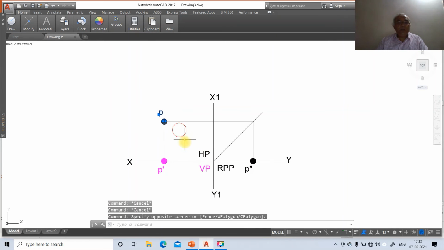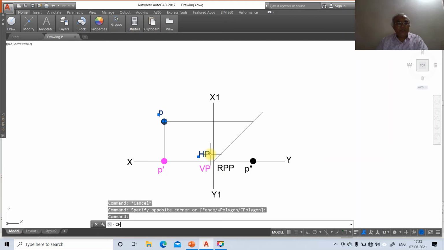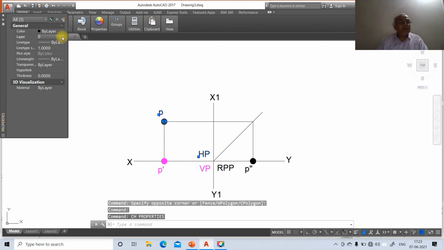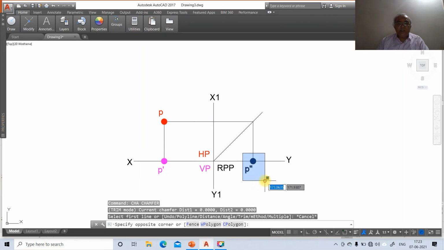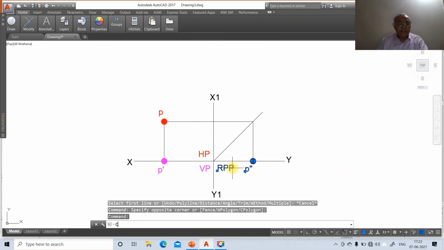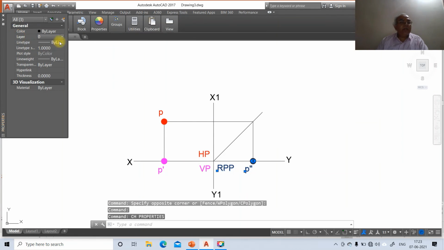Then you select these two and this, go to ch, go to layer, make that layer as top view. Then select these two and this line, this text, go to ch, go to layer, make this as side view.